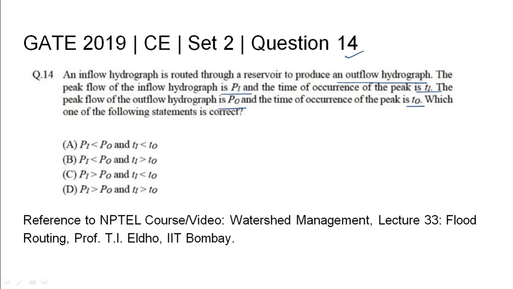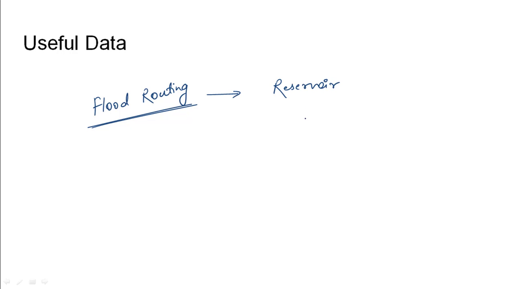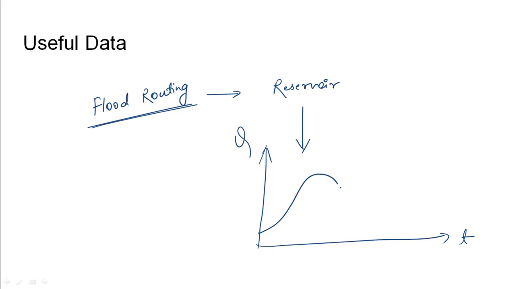4 options are given. The relevant NPTEL reference has been cited. Flood routing is a technique to control floods by building of reservoirs. So what a reservoir essentially does is, if this is the discharge and this is the time, so this will be our inflow hydrograph. So essentially what happens to the outflow hydrograph is,